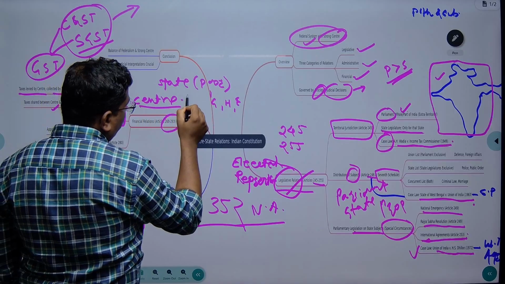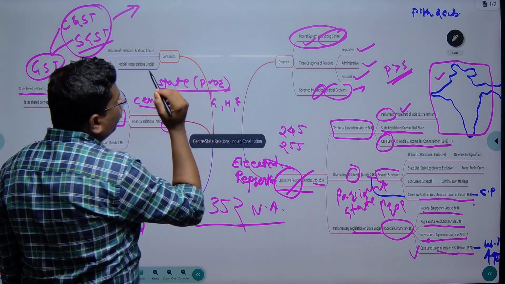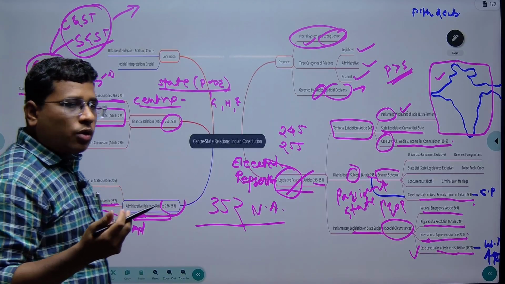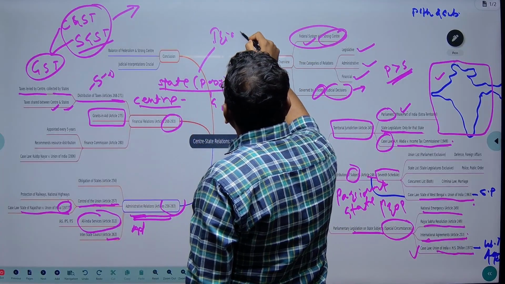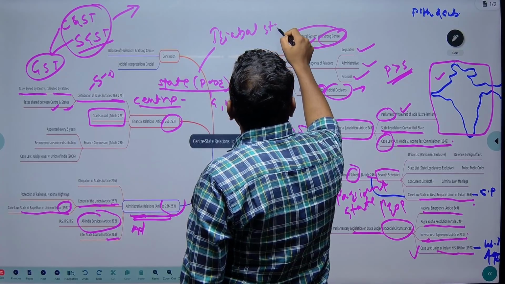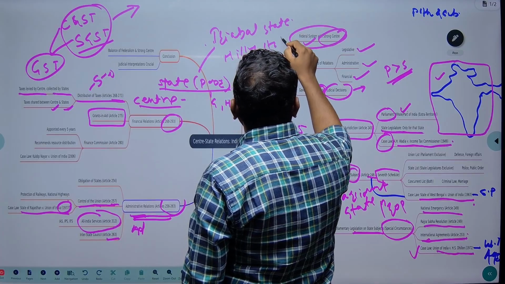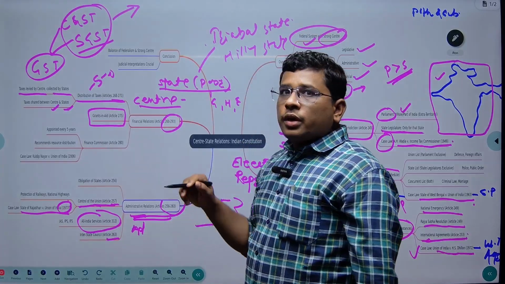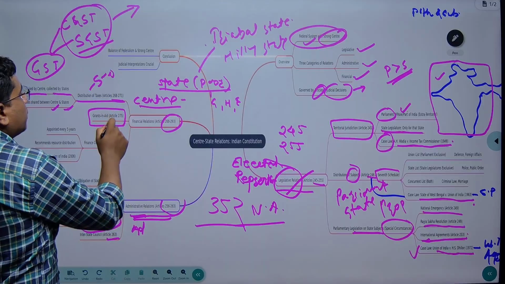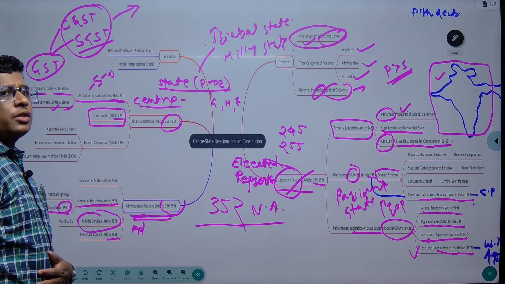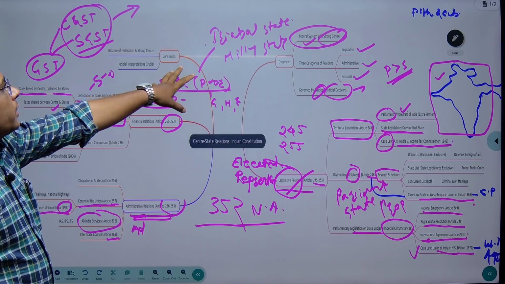The center can give grants to some states having a poor economy due to geographical or historical reasons. So it is tribal areas, tribal states, right? Hilly states, right? So the center gives some aid to these states, which comes under Article 275. So in financial relation, the center gives aid to poor states like tribal areas or hilly areas.